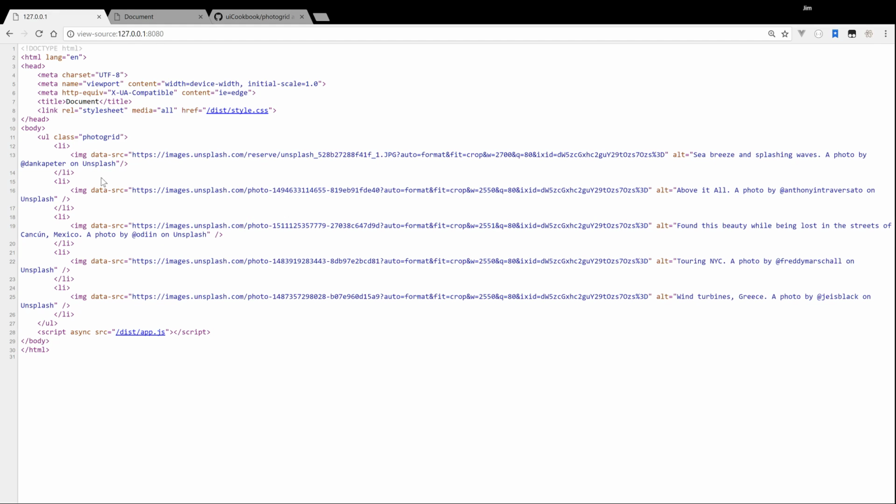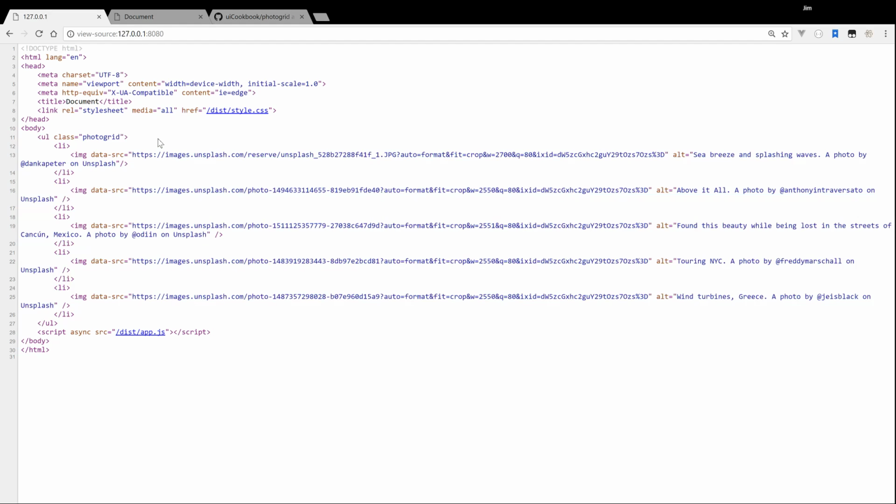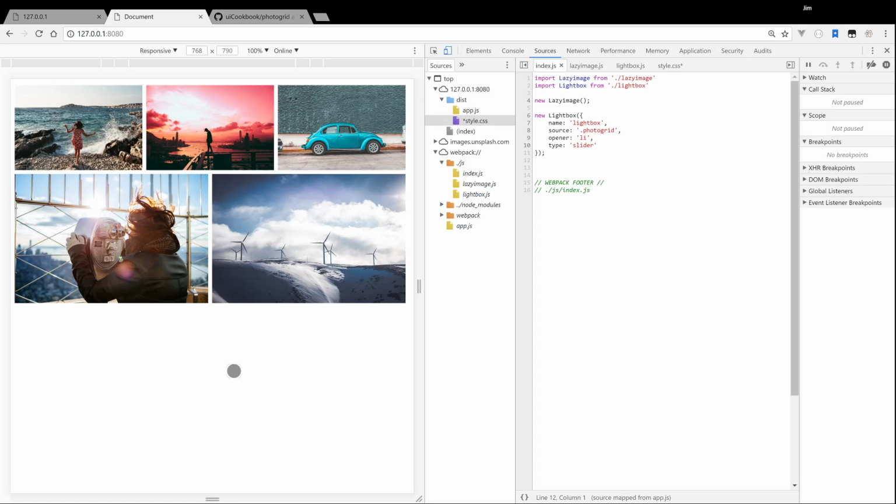gave it a class name, and put the image source in the data attributes here so we can lazy load the images. So there's our unordered list, photo grid class name. It could be whatever class name we want to give it because we're passing that into the Lightbox module as an option. And let's take a look at that now. Here's our rendered HTML for this,